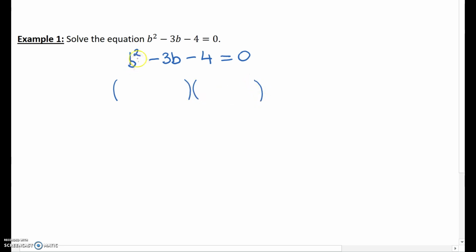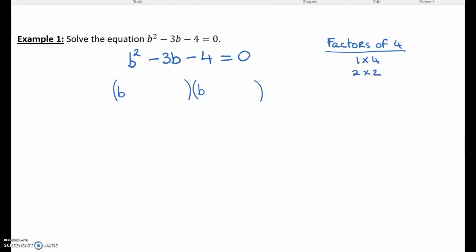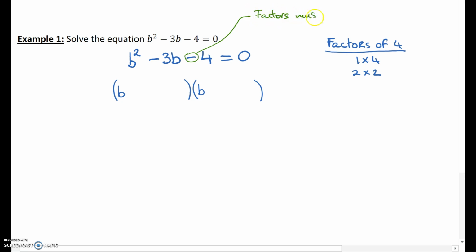The letter this time is B, so we put a B in the left-hand side of each. The number on the end here is 4, so we look for the factors of 4. And the factors of 4 are 1 times 4 or 2 times 2. Now, we're going to look at this sign, and that sign tells us that the factors that we choose, because it was a minus sign here, must subtract